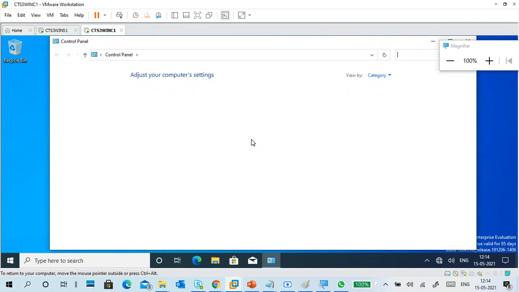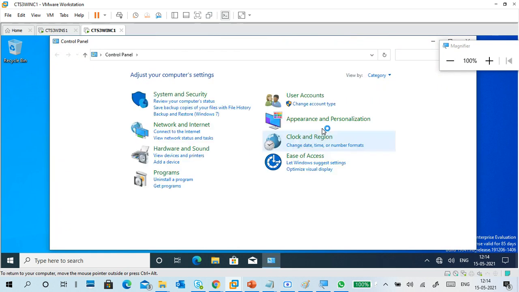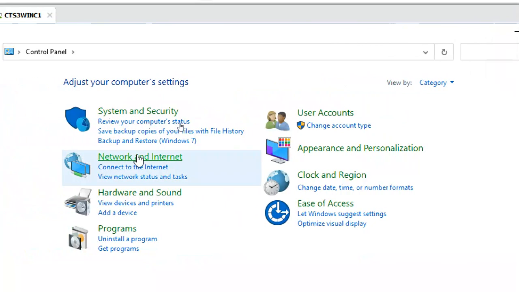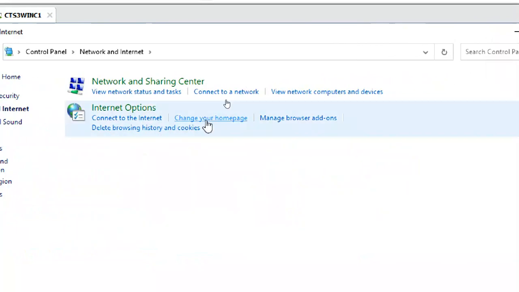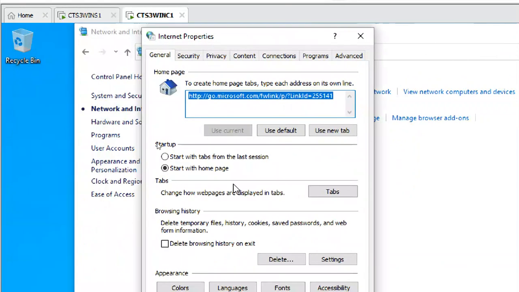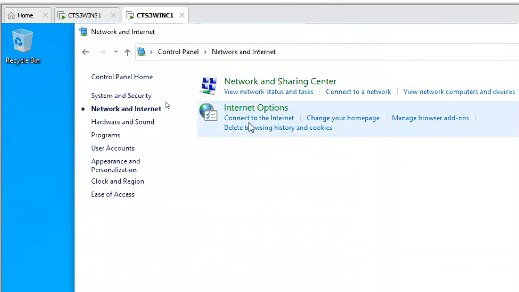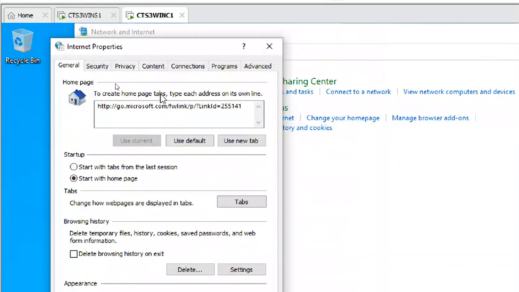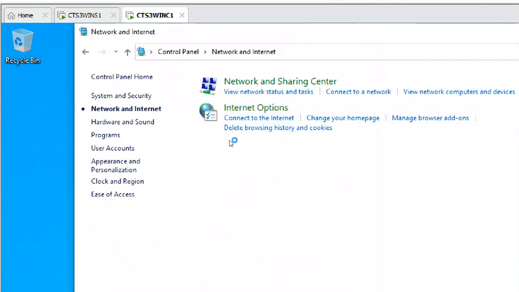Anyway, it is the first time login, right? Any policies that are available are applied directly, so no need to update. Now change your home page. Yeah, it opens here for Akram, and it opens the general page tab with this option also.